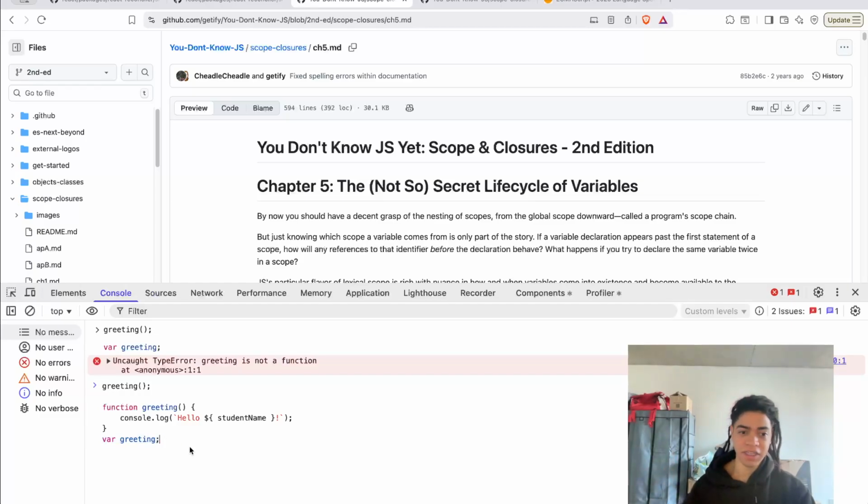Well, is it that because they have the same name, the identifier will be the last one, all right, or the value of this identifier that has been redeclared will be the last one, which is what is happening, it's going to be undefined.